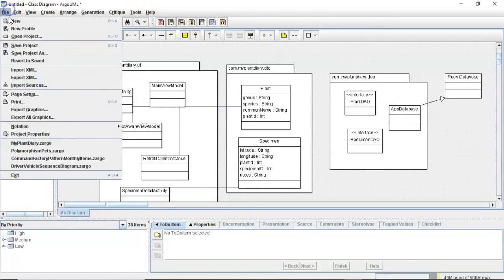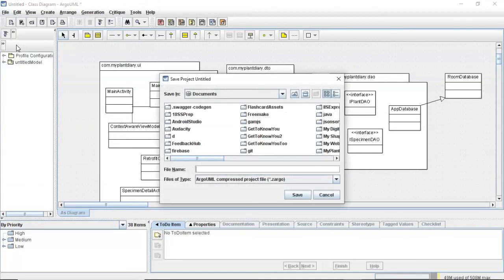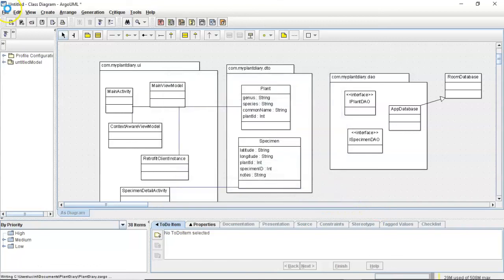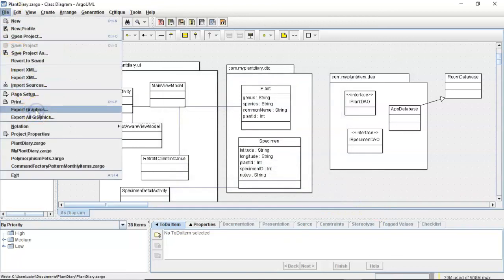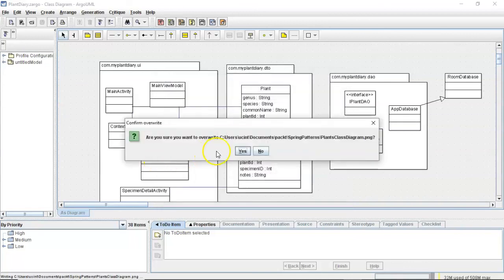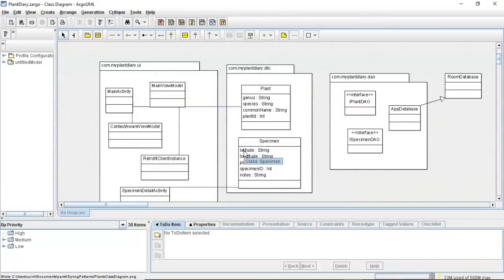If I want to put this into a design document, first of all, I'll save the project. Just a good idea to save the original source. We'll save this as plant diary, like so, and save. But then we can also export graphics, and that will allow us to take just this diagram and, yeah, we'll go ahead and do like so. It'll allow us to take just this diagram and export it as an image, and then that image we can put